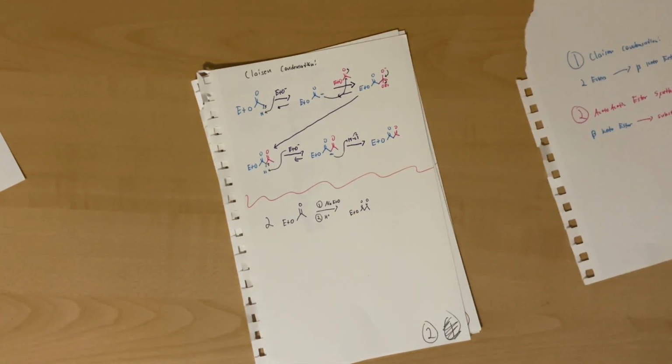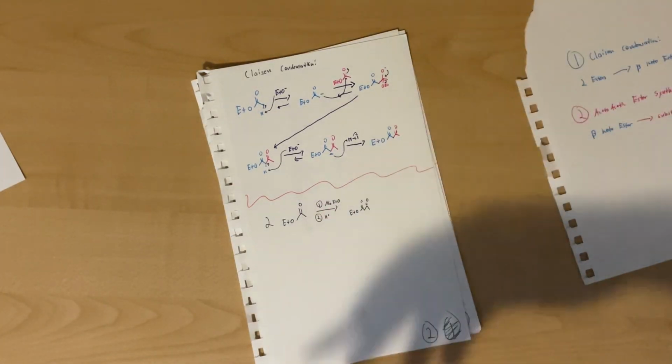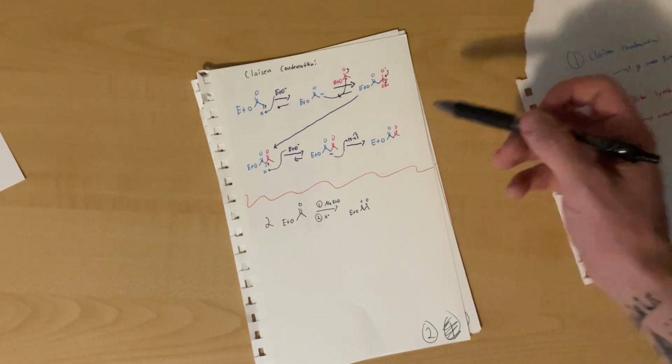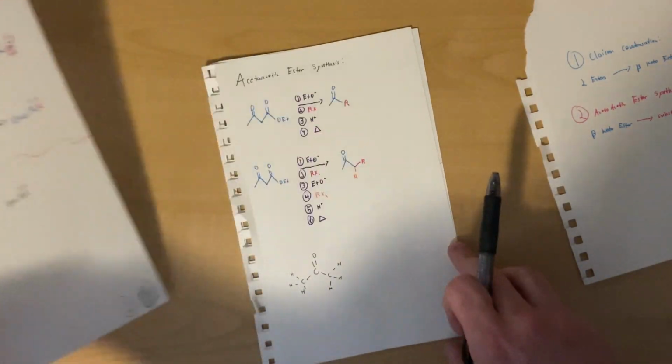And so again, the idea of the Claisen condensation, which is what this page is: we took 2 esters, which could either be exactly the same, or they could be different, or you could take an ester or a ketone, and you just react it with base, and they add to each other, and then there is a leaving group that's expelled, and then the base is still left over, so it deprotonates it, and then you can reprotonate the alpha carbon by adding acid, and then you get your product back again that you wanted in the first place, which is a beta keto ester. So next, let's talk about